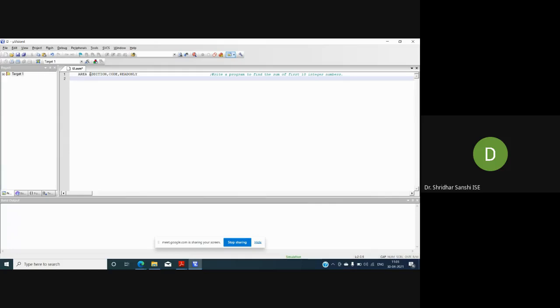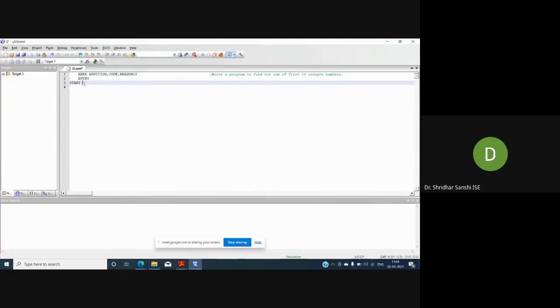So what is the next line? The next line is ENTRY. Whatever memory we have defined, this is the memory we have defined, addition, so we are entering into that particular memory. Once we have entered, we should start executing, so I will specify the label as start. We'll start the execution from here. For a label, you need not give any space, so we write it directly.